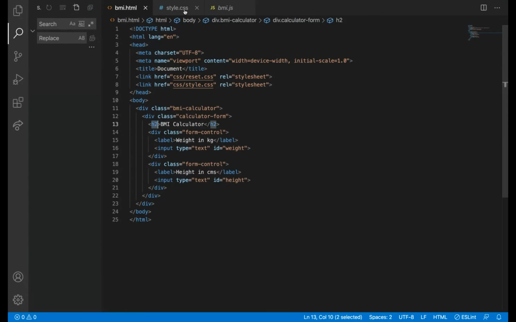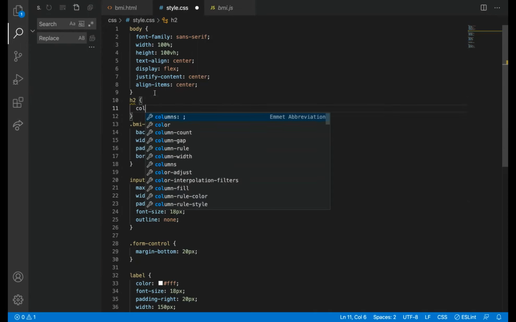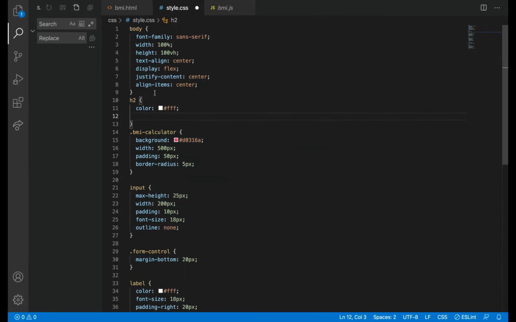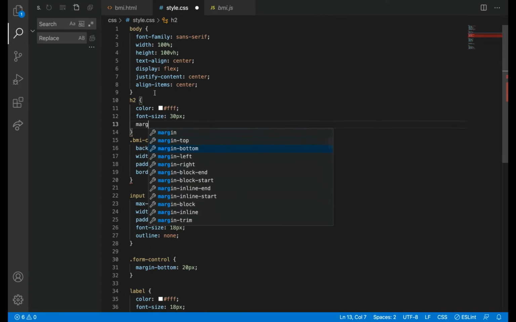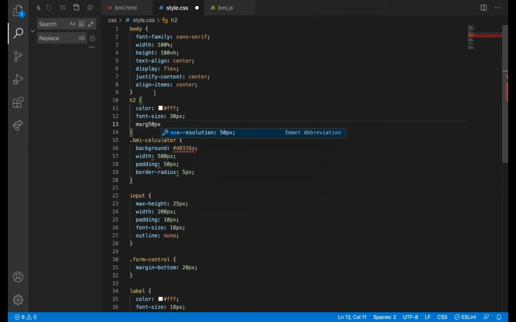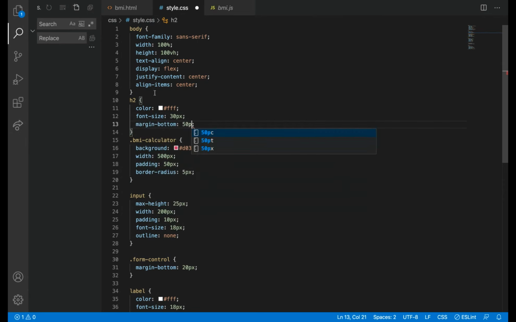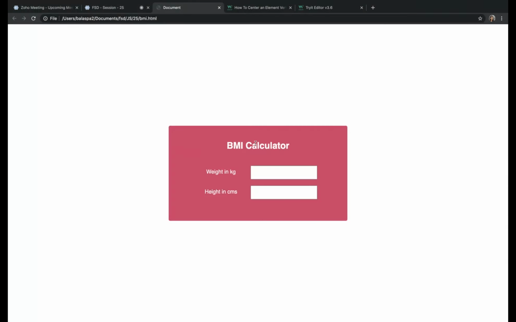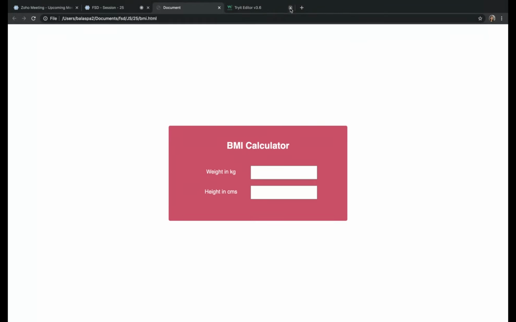We can style it as H2: color white, font size 30 pixel, margin bottom 50 pixel. Fine. 320.